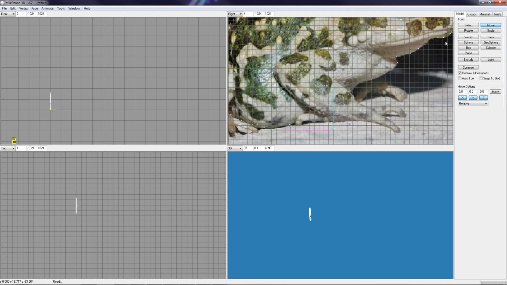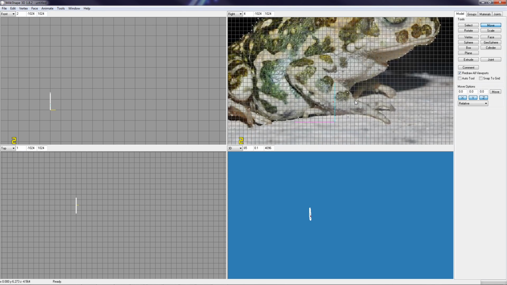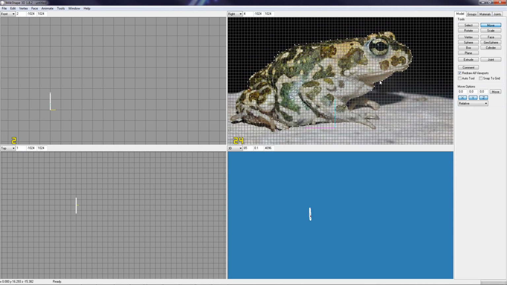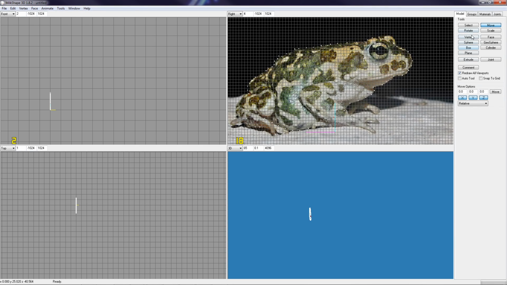I was thinking one full square. It looks like it's going to go down. Yeah, but it's a lumpy frog. Well, the belly is much softer and smoother. So this is the general shape of the body. And then we can start making